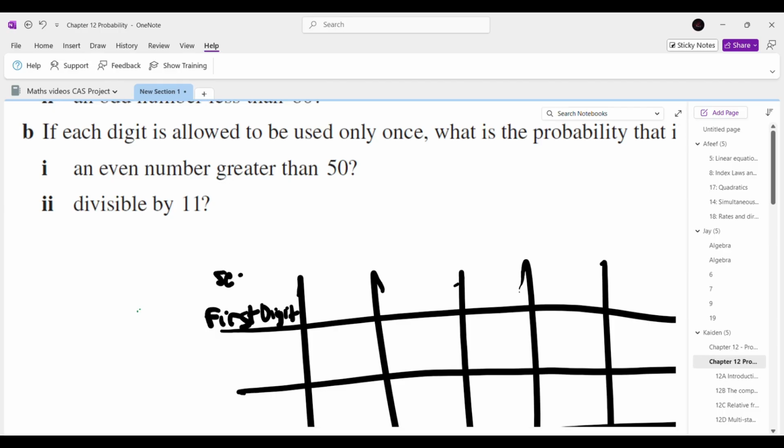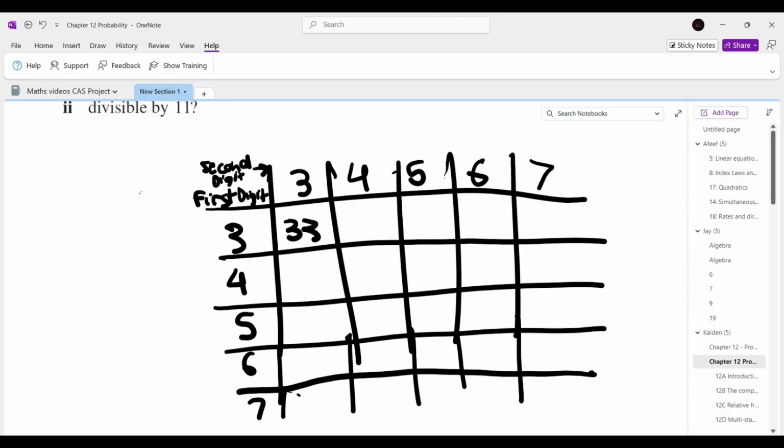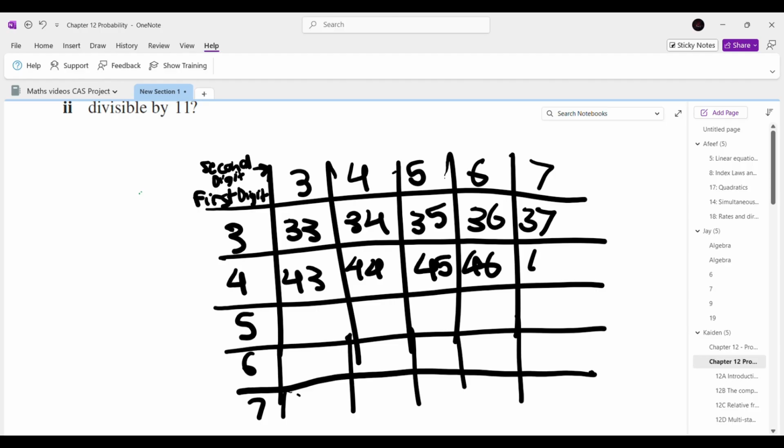And this is our second digit right here. So our first digits are 3, 4, 5, 6, 7. Second digit is 3, 4, 5, 6, and 7. So we have 33, 34, 35, 36, 37, 43, 44, 45, 47. These are just all the possible outcomes that can be made with forming two of these numbers